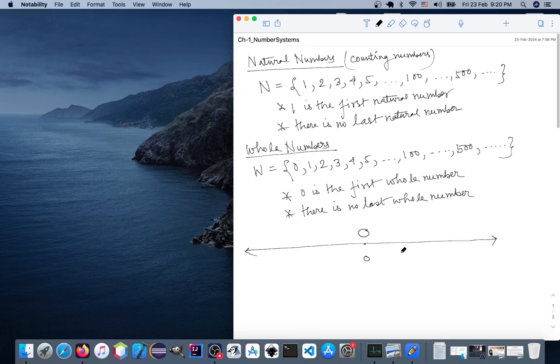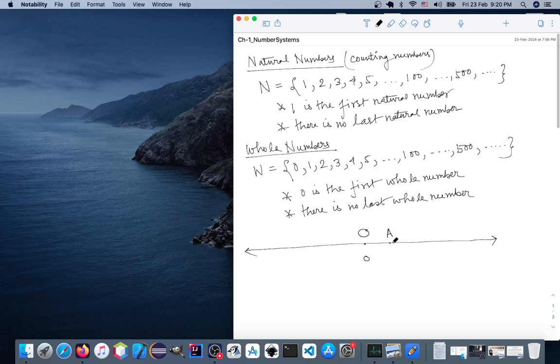So all the points to the right hand side of the origin denote the positive numbers, that is the whole numbers. So to the right hand side of the origin we will have positive numbers, and from the left hand side of the point O, we will have negative numbers. So this is 0, and we represent the natural numbers